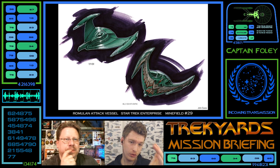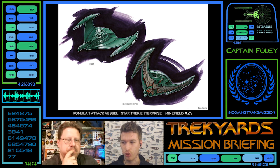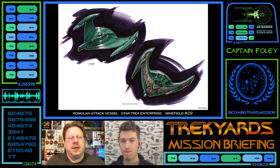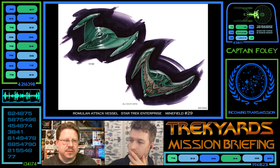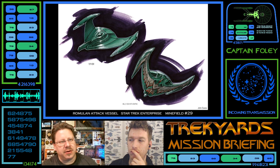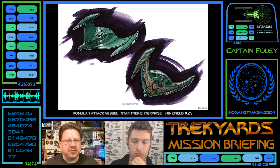And the eagle or the bird is just a beautiful, much more aggressive design. I'm not the hugest fan of the one from TOS just because of how basic it is. This one has so much character. Yeah, and I think the whole making it look like the TOS one was basically a producer's idea, not necessarily a designer aspect. Because when you're evolving ship designs, there should be some tie-overs, but it shouldn't be the exact same shape per se. Because we know, well...